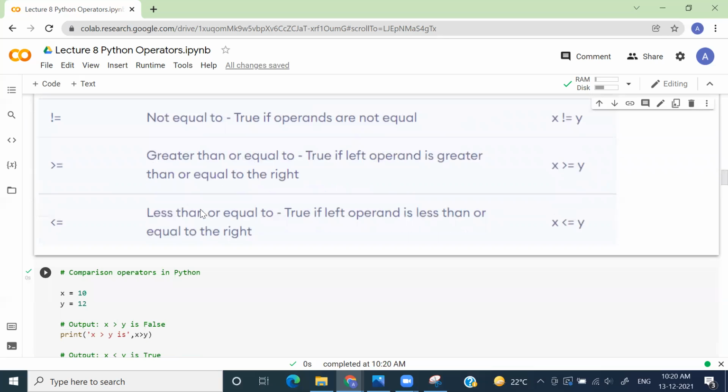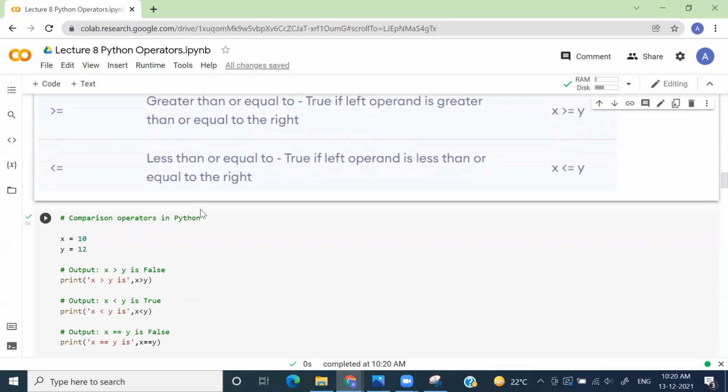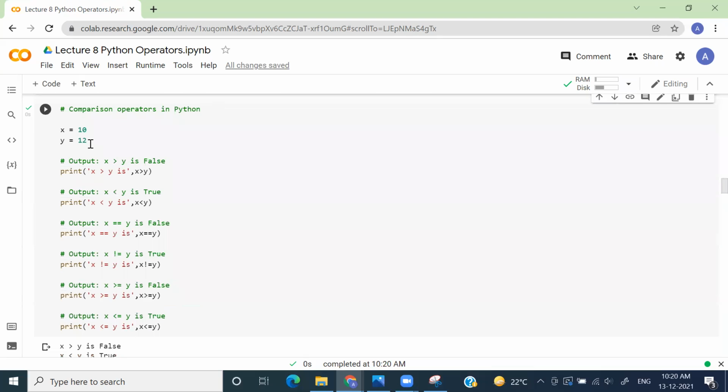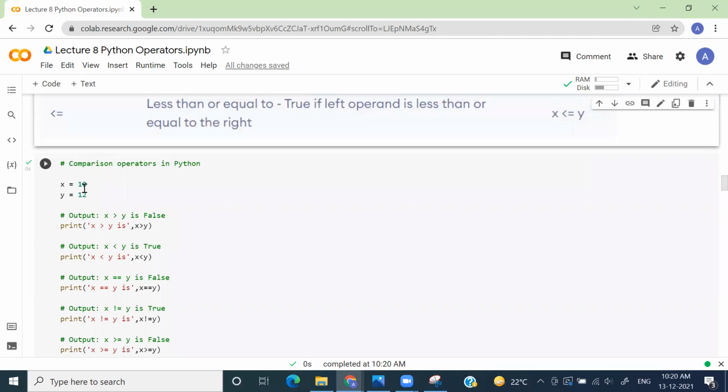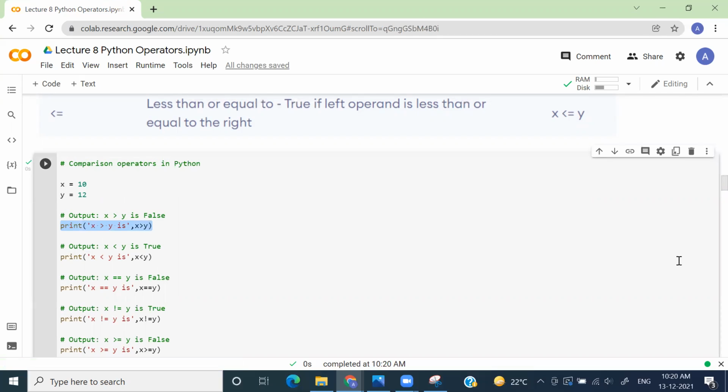Okay, now let's see how these work in Python. Again, I'm taking two variables x and y. I'm assigning 10 to x and 12 to y, right? And I'm checking whether x is greater than y or not. So I'll write x > y. What do you think would be the output if I execute this line?